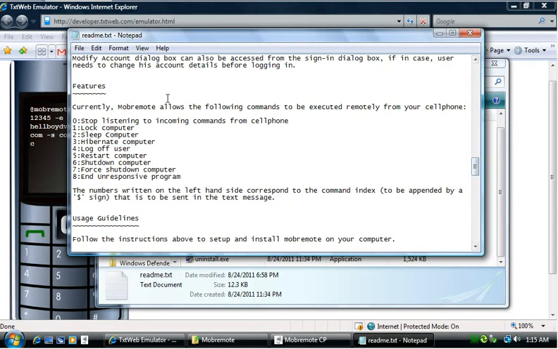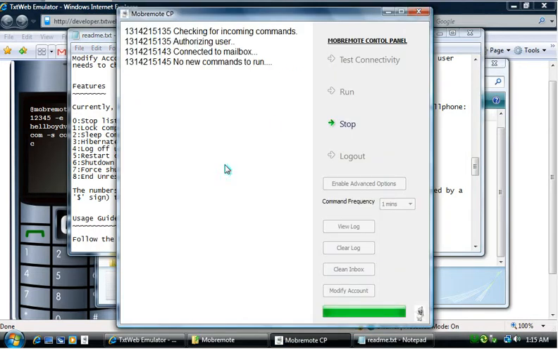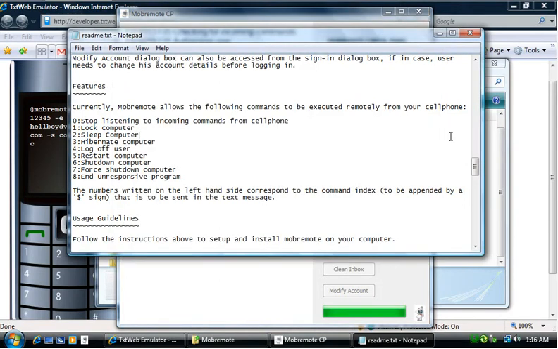There you see the list of features and the commands it allows to be executed from your cell phone. 0 means stop listening to incoming commands. That means if you are within control panel, it will log you out and it will move to the sign in page, like the action of a logout button. You can do that with your cell phone. Lock computer, I'm going to demonstrate how to lock your computer in this tutorial. So this is the one which you want to execute right now.